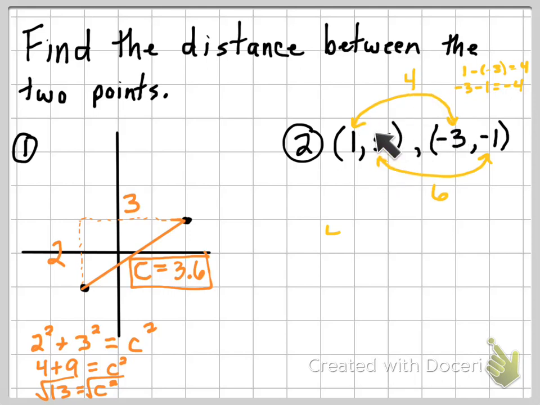And the same thing with 5 and -1. -1 minus 5 is -6. 5 minus -1 is +6. So either way, my B is 6. Okay, so